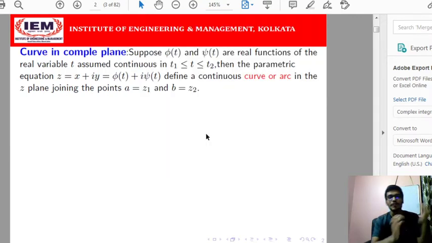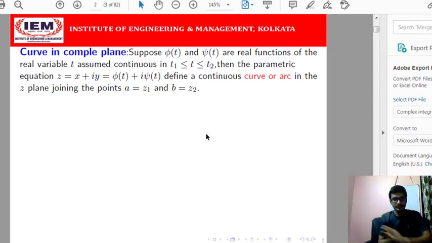There are four variables actually: two independent variables, x and y, which are the real and imaginary parts of the input variable z, and we get a corresponding output which is also a complex number w, with real and imaginary parts u and v. So there are four variables, and it is not possible to draw a graph in a four-dimensional geometrical figure. That's why, whenever we define a complex valued mapping, we consider a two-dimensional geometrical figure in the z plane, because a complex number identifies a point in the two-dimensional plane. Then we find out how it maps from the z plane to the w plane.